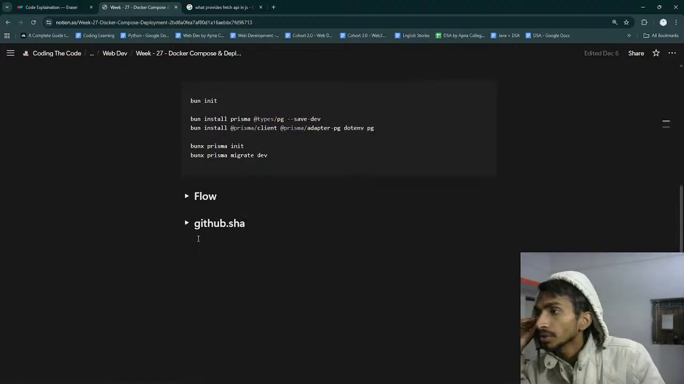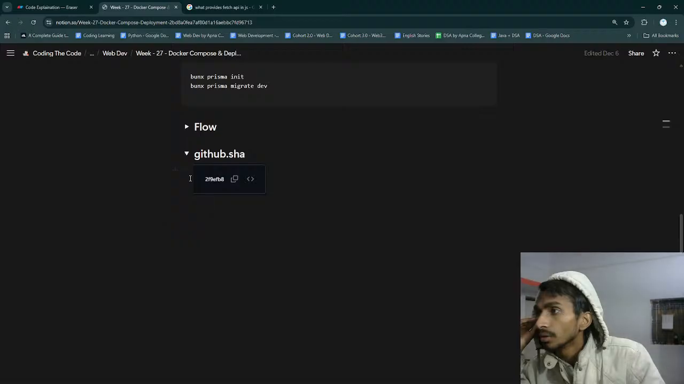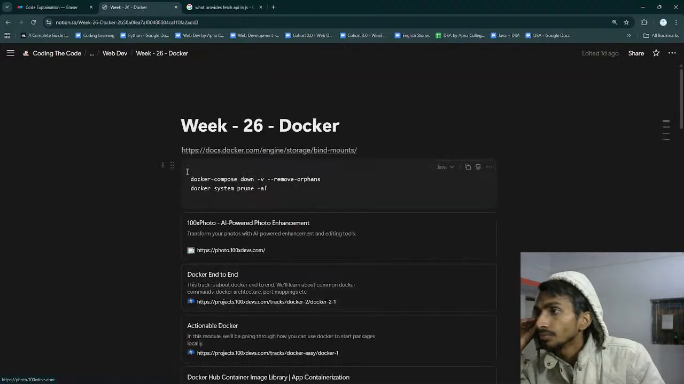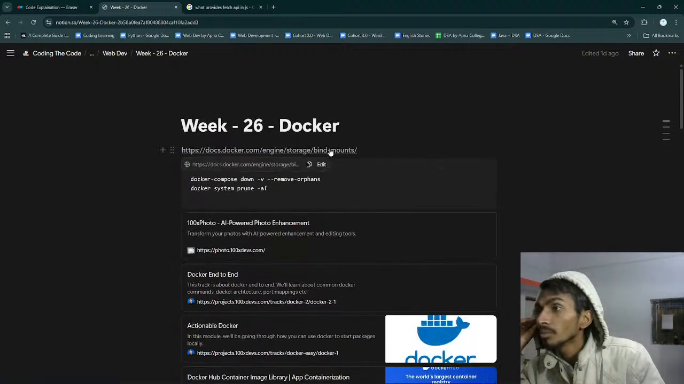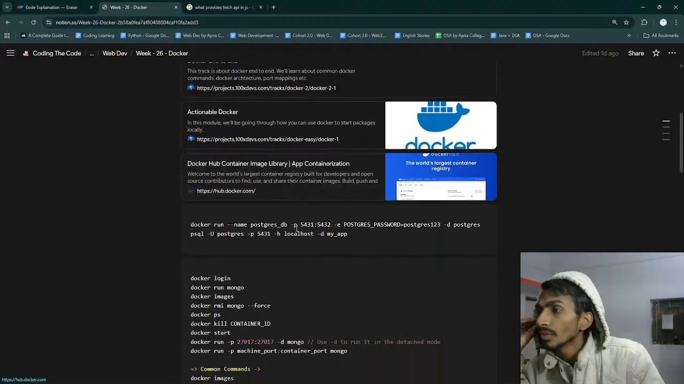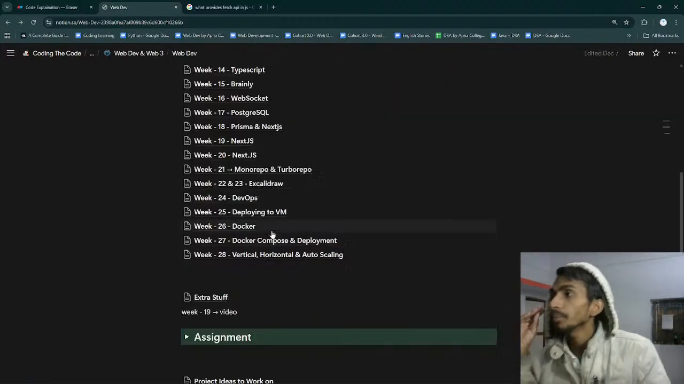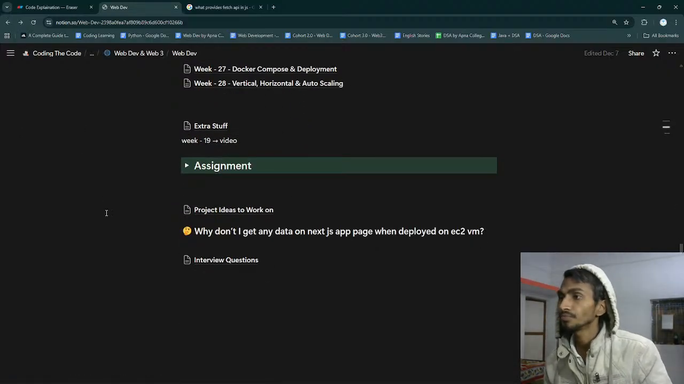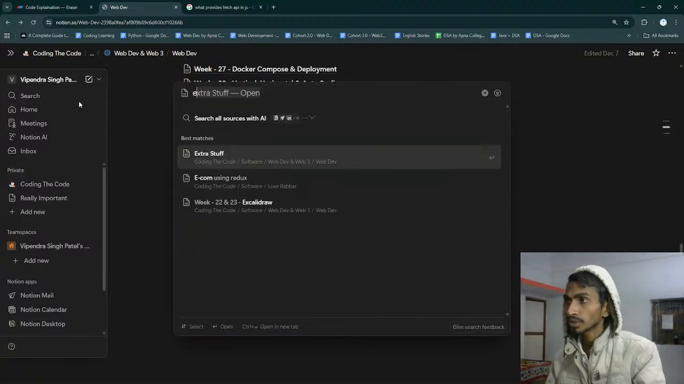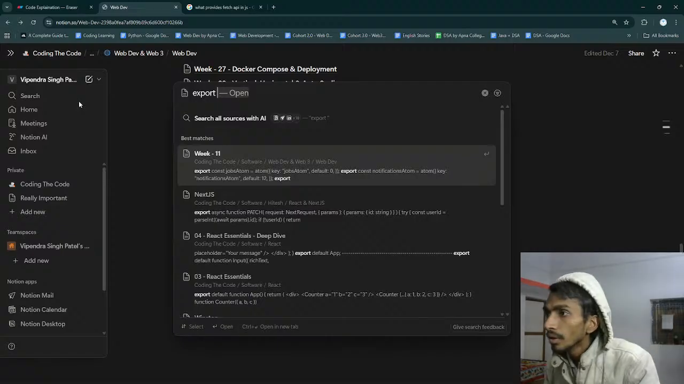Okay, crazy stuff, bro. Docker. I saved it somewhere. I don't need this, by the way. I'll have to just simply look for it. A better way, I can just use this search feature over here. What do I have to search? Export